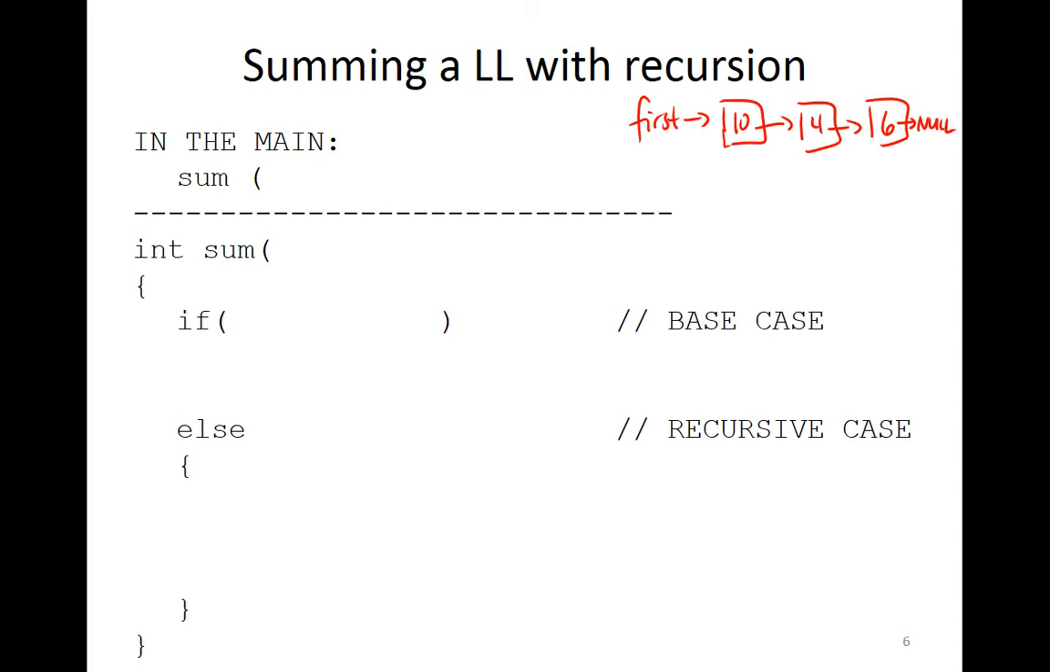So when I call this function from the main, my goal would be to hopefully have this send 20 back to me. Aha. Okay, so in terms of how do we do this? Right. So